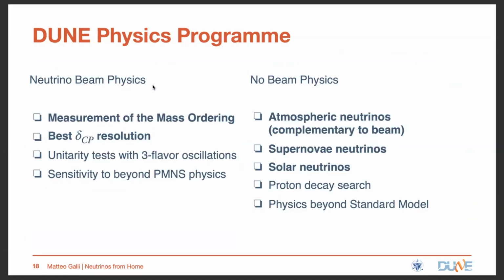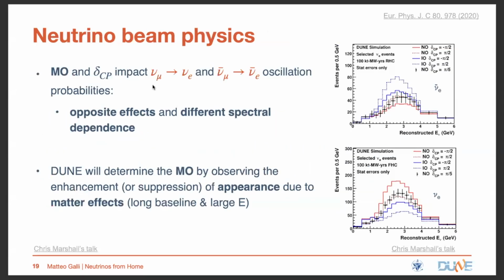This is a list of the main physics goals of DUNE, but today we will focus only on one part, giving priority to the highlighted points. DUNE will measure the nu mu, nu e, and anti-nu mu, anti-nu e oscillation, and mass ordering and delta CP values have a different impact on the two oscillation channels, with opposite effects and different energy dependencies, as you can